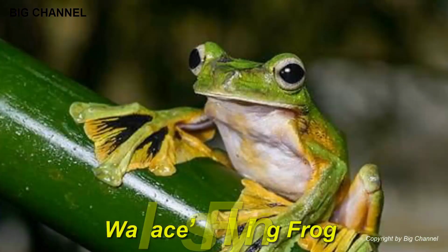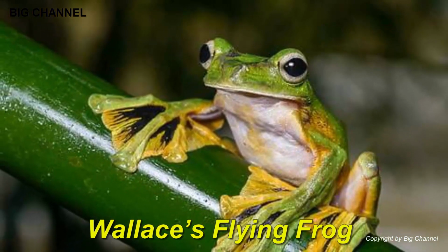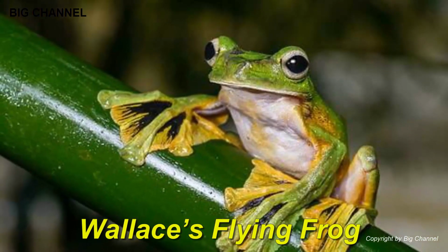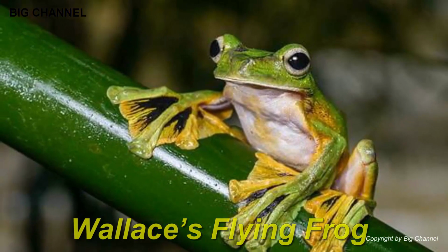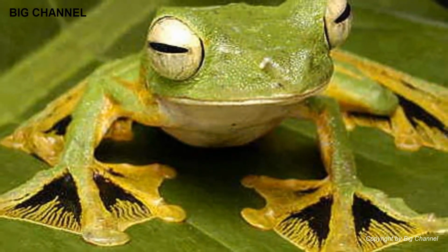Number 9. Wallace's flying frog. There is a frog species named Wallace's flying frog, which can actually fly. It is found atop trees and plants and can glide down to the floor like a parachute. Wallace's frog's limbs are wide, like a cover, to facilitate gliding all the way from the top to the floor